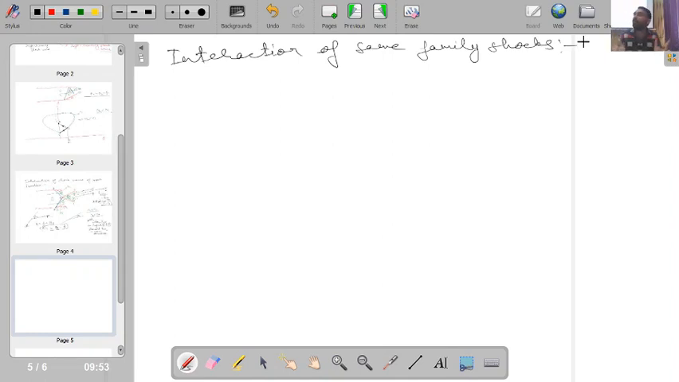If we have two shock waves of the same family, then how are they interacting? To understand this point, we will first need to understand a few more things. So let's consider that